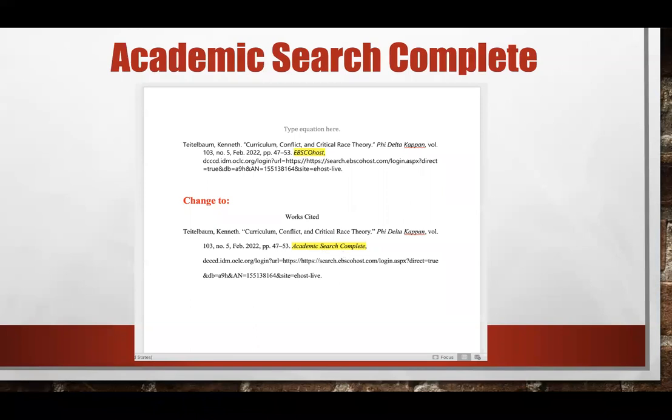Then I will show you later what you're going to change it to, because the font, the spacing, the paragraphing, and the indentation will have to change as well. But just go ahead and change that to Academic Search Complete, because you're going to put it in several places, but at least you've got it down and you don't have to remember to do it again.